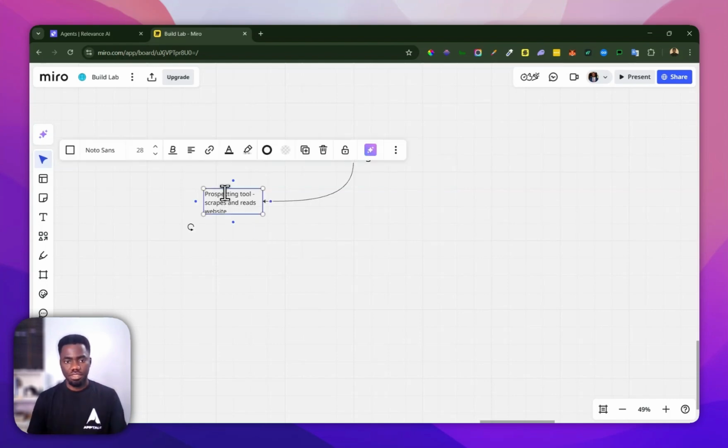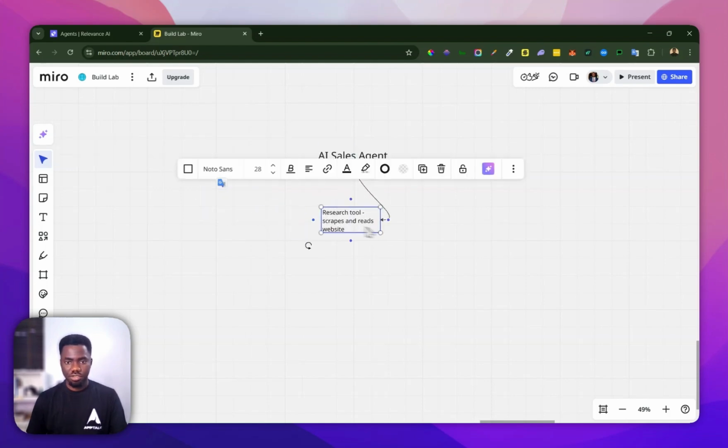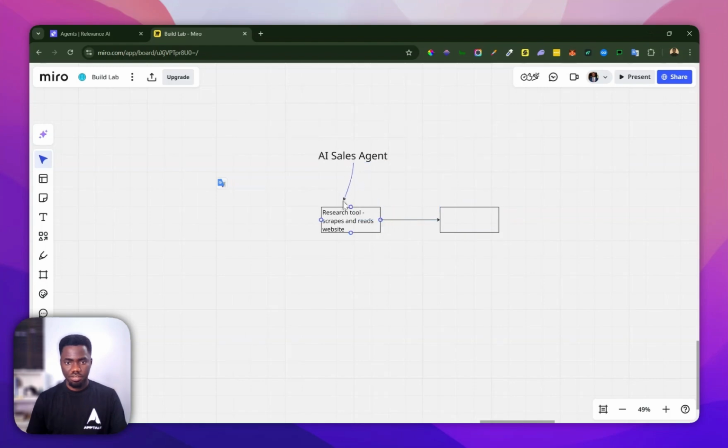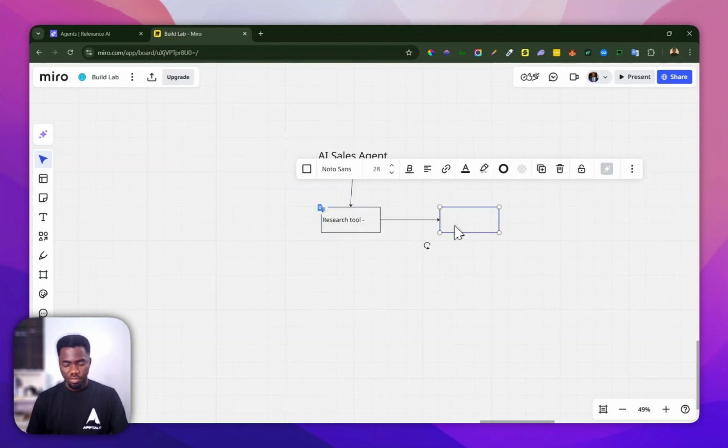That's the word, right? A research tool. Yeah, we have two research tools. So I'm going to do this research tool. This is going to come here. So we have a research tool that scrapes and reads. Okay, one is for website research,